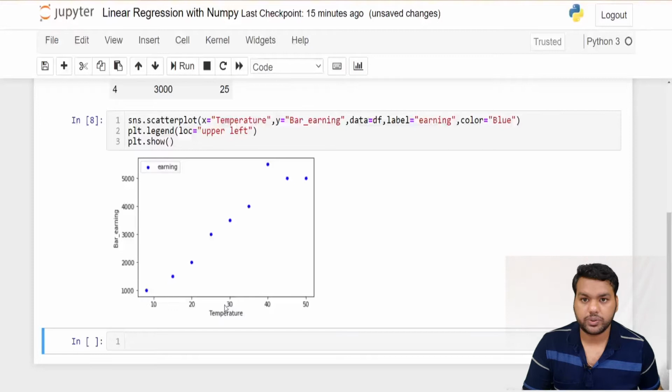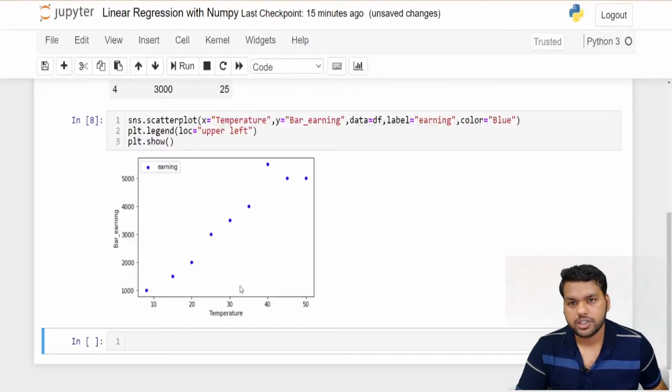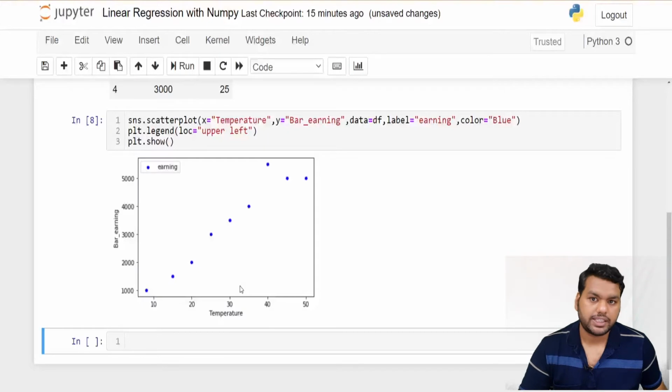Here the temperature, you can see, is our predictor and bar earning is our response. With the help of Seaborn, without fitting our linear regression model, we can also check the best fit line between the two variables.